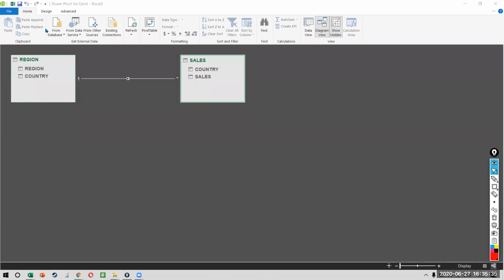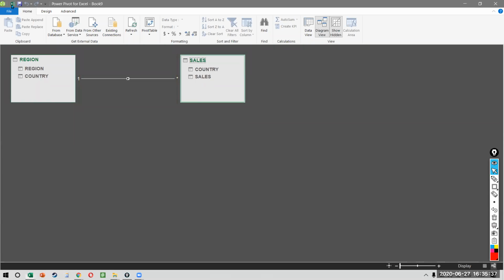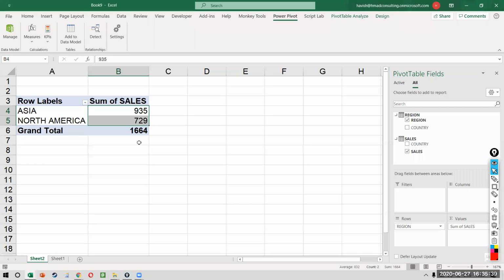Once you have done this and you close and go to Excel, you will notice that the result will come automatically. So that is how you go to Power Pivot and create a pivot table on your own, merging multiple tables into one. Like I've done two. Theoretically, you could have had a third table as well, right?